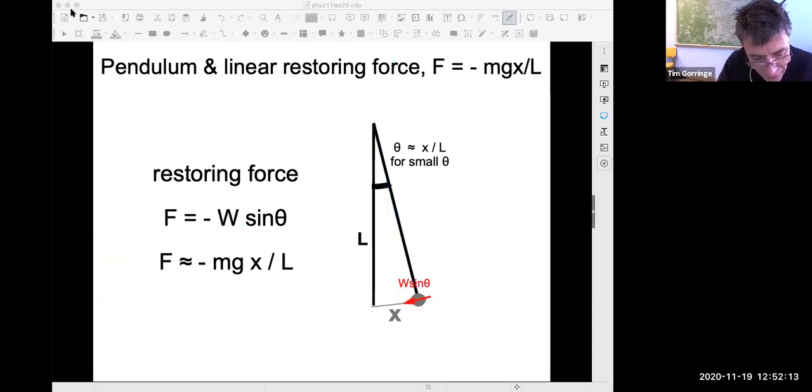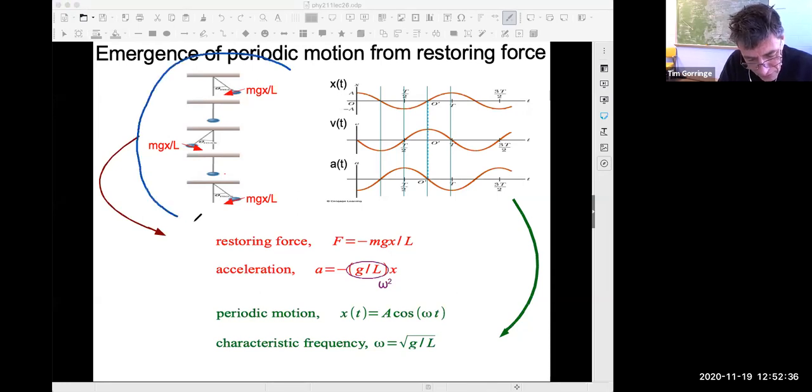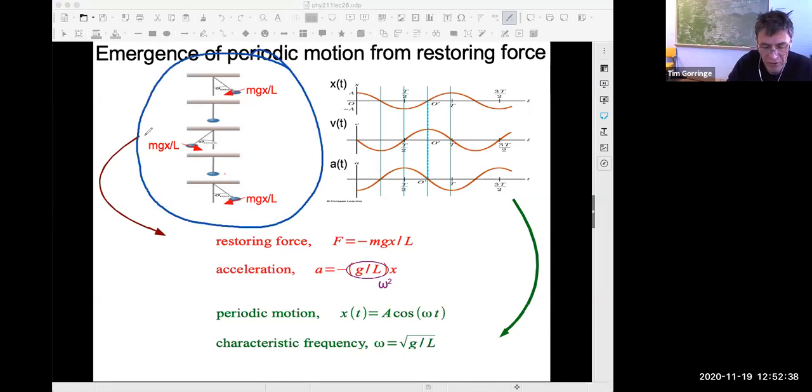That actually means that all that machinery, all that mathematics, all those arguments that we made for the mass spring system, we can make the same arguments, do the same machinery, do the same mathematics for the pendulum arrangement. So here on the left-hand side in this sketch, I just replaced the mass oscillating to and fro on the spring, with the pendulum oscillating to and fro about the equilibrium.